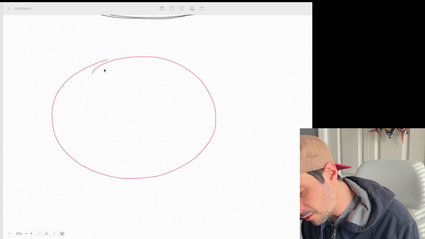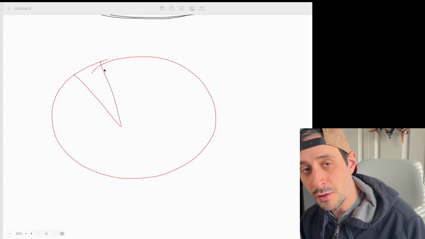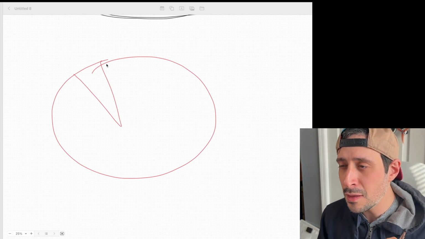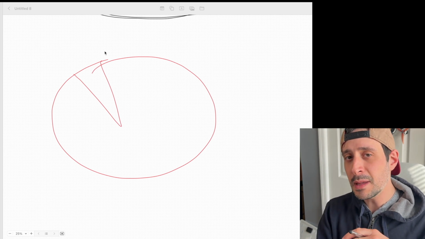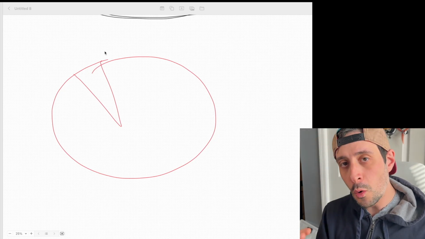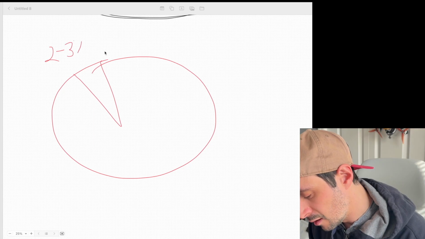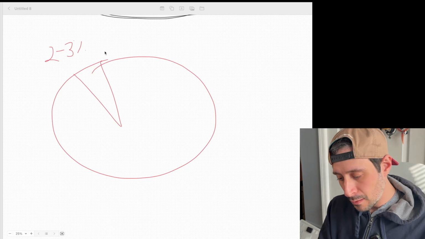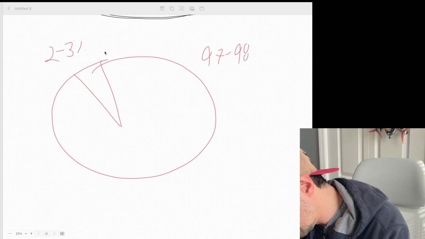Let's say this pie chart is the daily users of Instagram. If you were to Google how many people use it a day in the US, I believe it's either 140 million or 200 million users. That means people are using it at least once a day. Only 2 to 3% at any given point in time are ready to make a purchase right now today. That leaves 97 to 98% not ready to buy today.